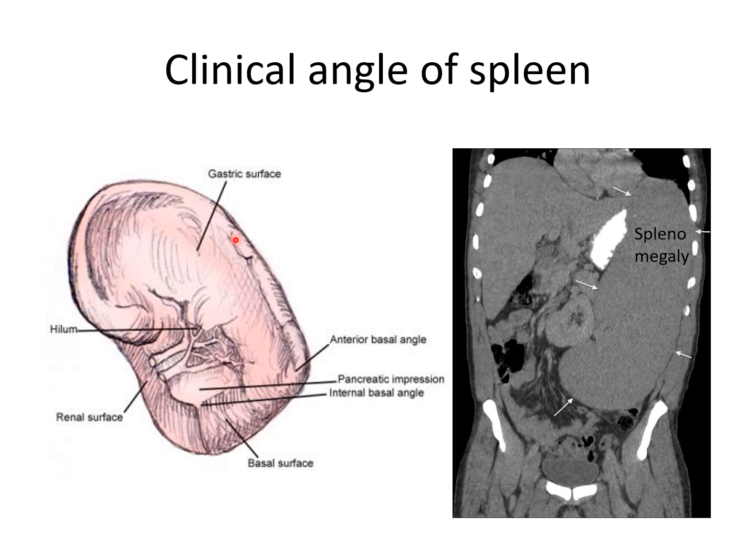Spleen has an anterior basal angle and a posterior basal angle. The point at which the superior border meets the anterior end is called the anterior basal angle, and the point at which the inferior border meets the anterior end is called the posterior basal angle. Among these, the anterior basal angle is called the clinical angle of spleen because this point is the first palpable point during splenomegaly, and it lies on the 9th intercostal space just behind the midaxillary line.